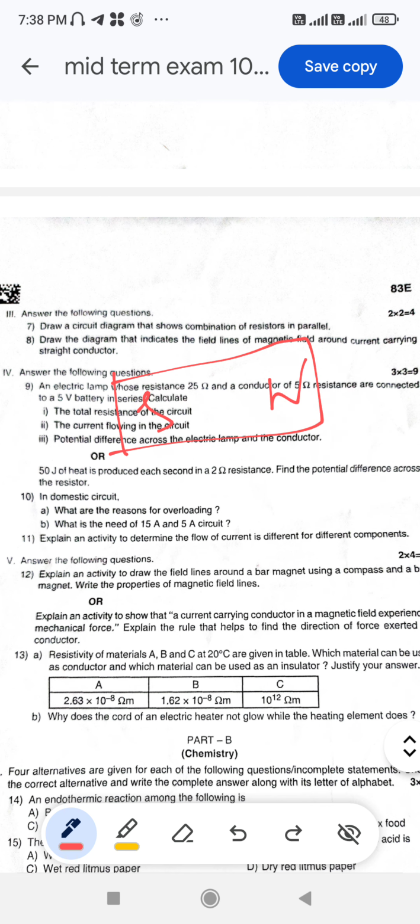To find the direction of the magnetic field near the bar magnet, you have to place a compass needle here, correct? The compass needle has two directions, one is north and the other south, right? We know that